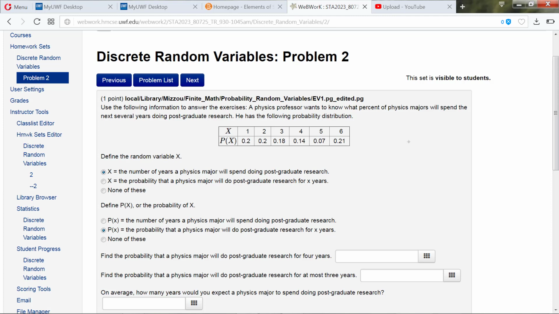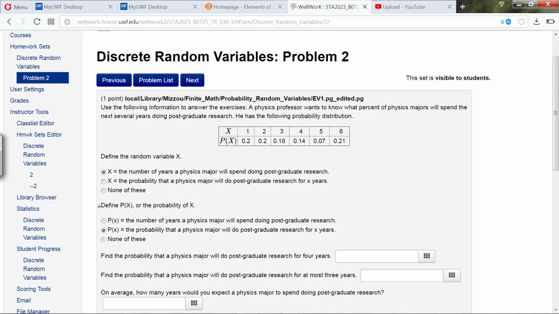All right, it says define the random variable X. And we have three options, and our answer is the first option, which says X is the number of years a physics major will spend doing postgraduate research. So they will either do 1 year, 2 year, 3 year, 4 year, 5 year, or 6 years doing postgraduate